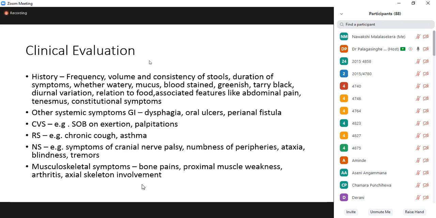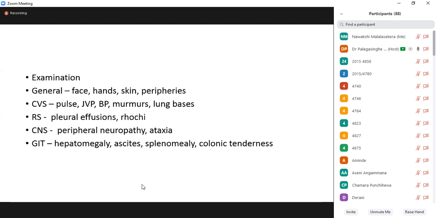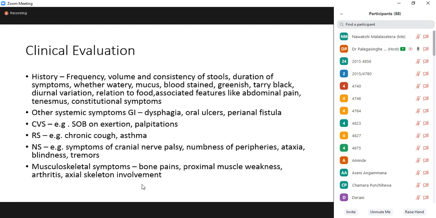So those are associated things you have to inquire. Then associated constitutional symptoms like loss of appetite, loss of weight, and so on. That's very important to inquire. Then going beyond the GI system, as I have told before, you have to inquire into details of the other systemic symptoms as well, because that may give you some clue beyond the GI system. Not only the diarrhea related to the GI system, you might have to inquire about episodes of dysphagia, oral ulcers, and history of perianal fistulas